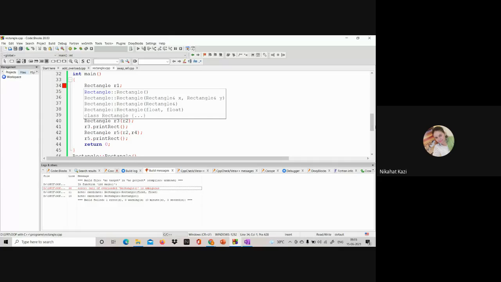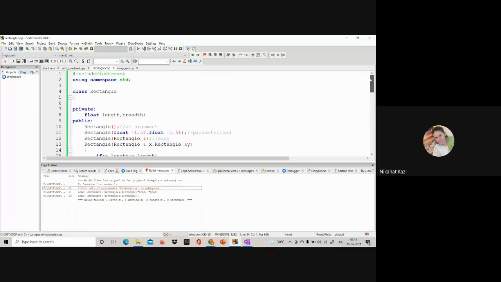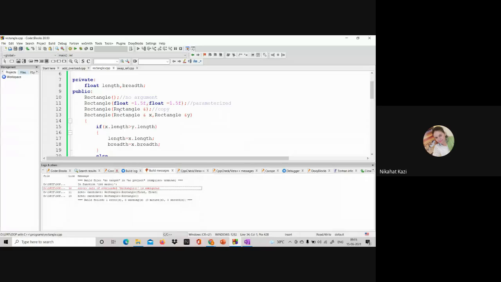Okay. So you have to be careful. When you're using default values in the constructor, then you have to be careful while overloading that you don't violate any rule. You should not have something which is ambiguous, where this can be called and that also can be called. Don't confuse the compiler. So write the program correctly. So this is not allowed. So I remove this. Okay.